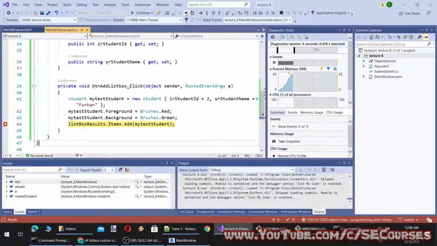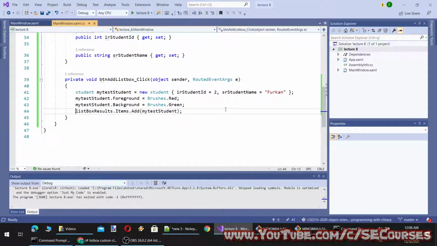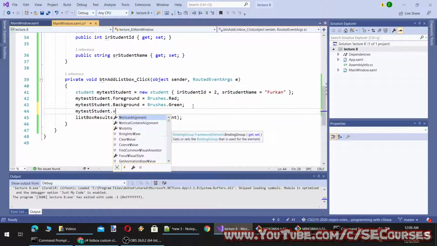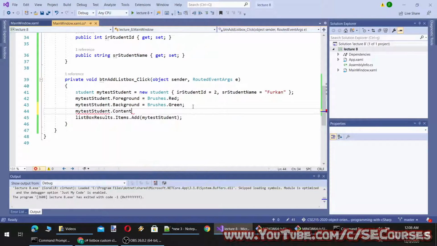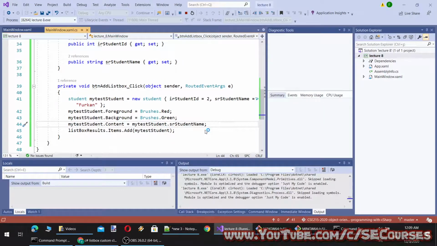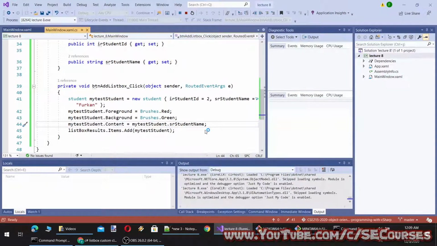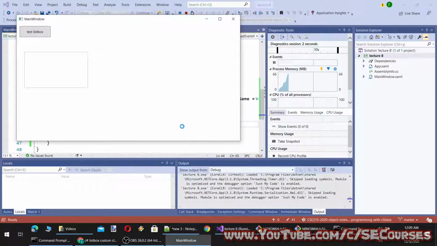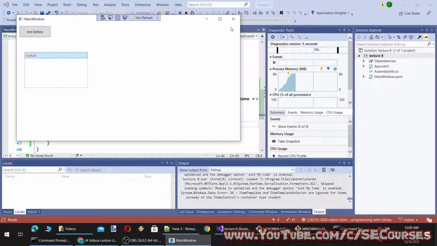Yeah, maybe we can do it like this. Equal to my test student dot student name. Let's try like this. So we are expanding our methodology. Yeah, it is working. Okay.